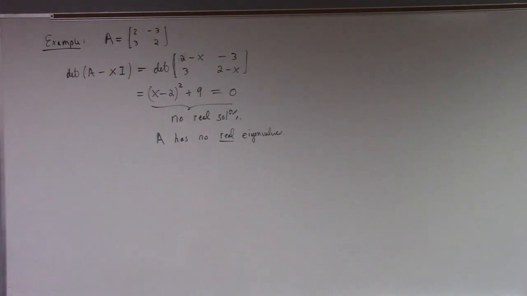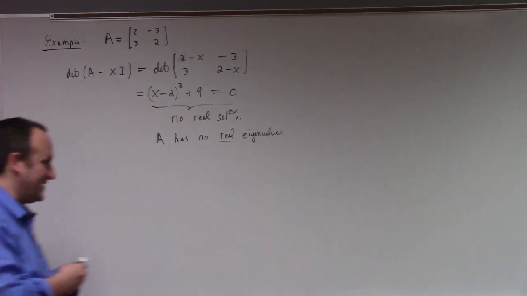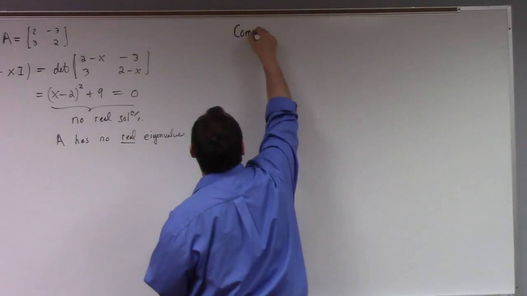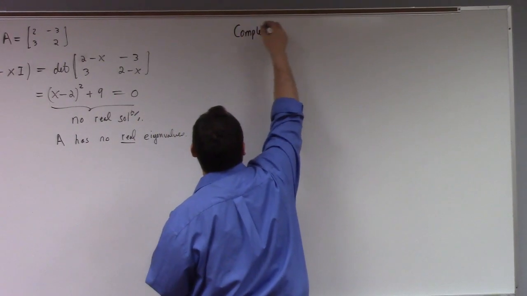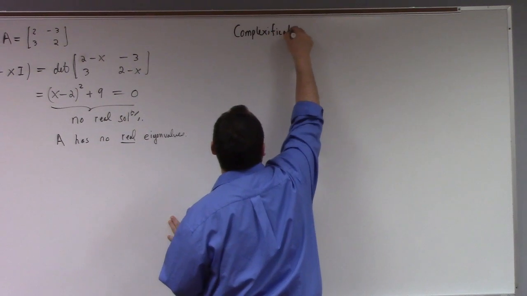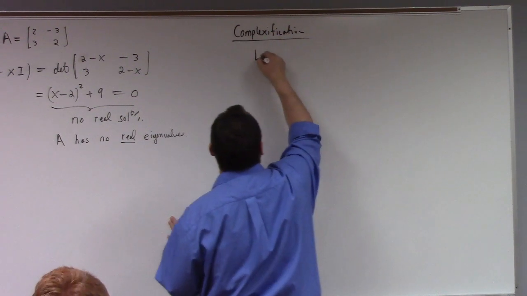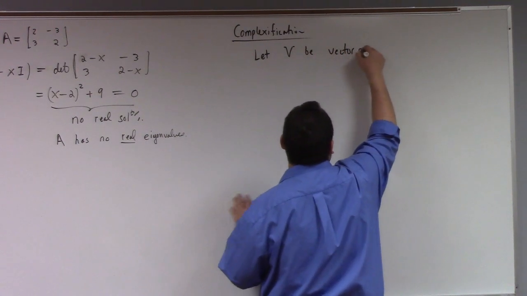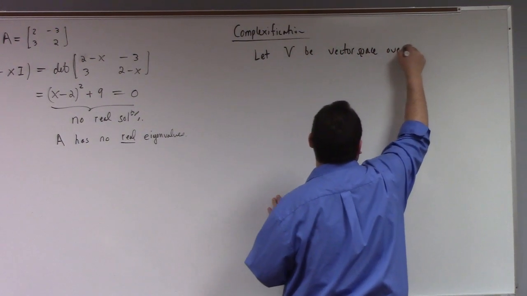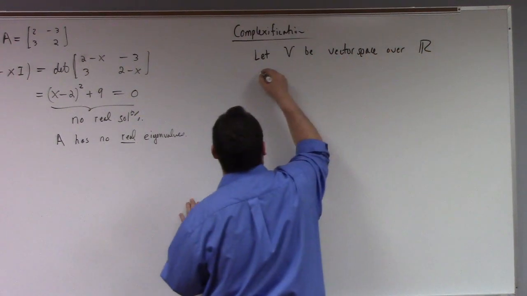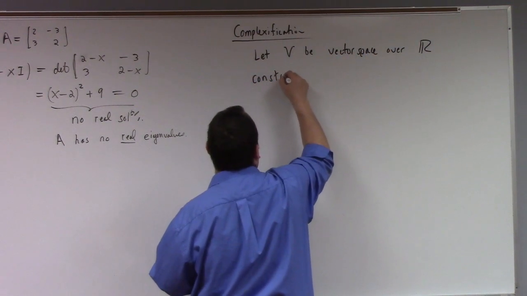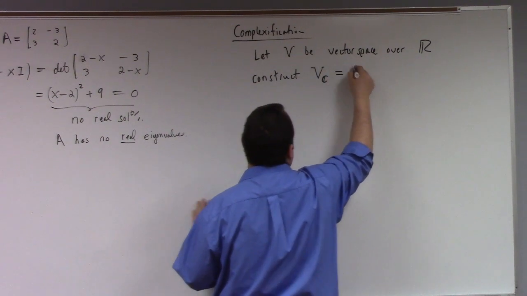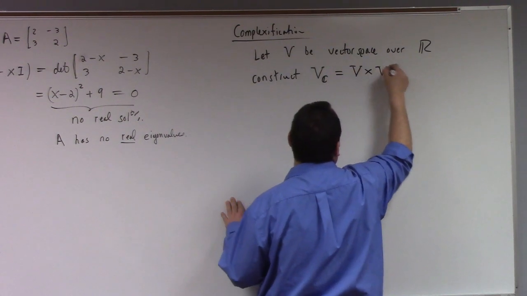I guess I'll kind of start class now. Let's look at the complexification. So the complexification is going to help us with this problem. So let V be a vector space over the reals, then construct V sub C. It's going to be V cross V, the Cartesian product of V and V,